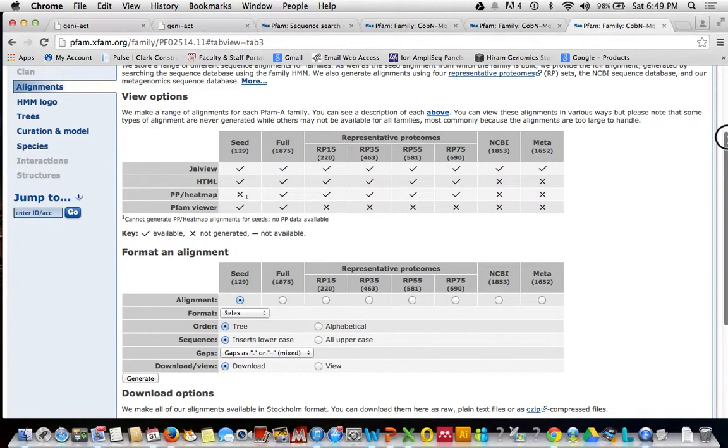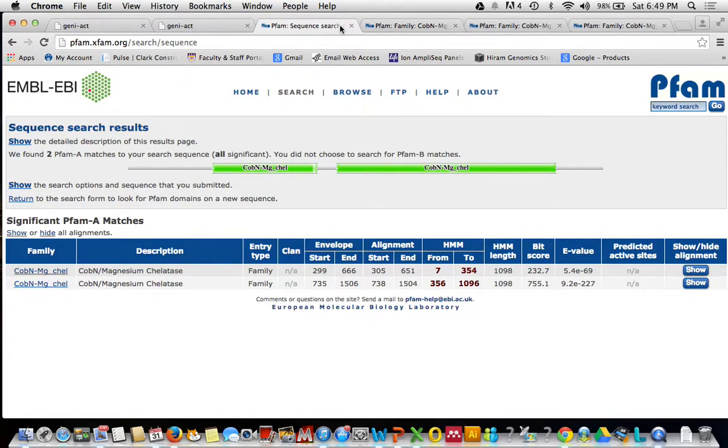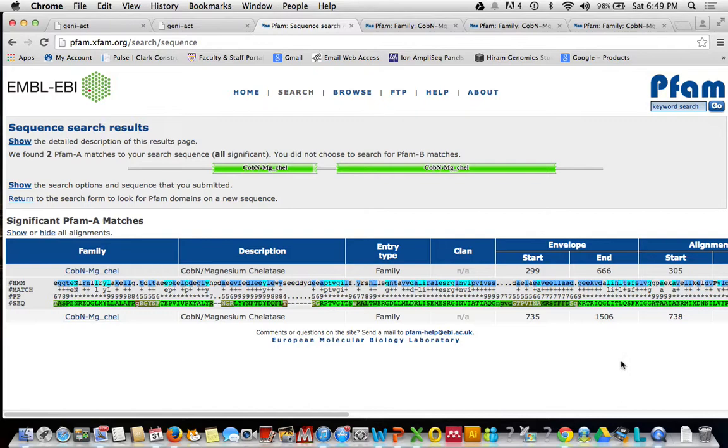So let's go back into the PFAM family sequence search. There should be an alignment somewhere. Here we go, show, alignment, show. So this is the alignment that you need. It's not the other alignment. That's the alignment of lots of different proteins. So this is the alignment of your protein. This is your protein, and where these domains are located in your protein. So you basically copy and paste the entire alignment into your GenieAct